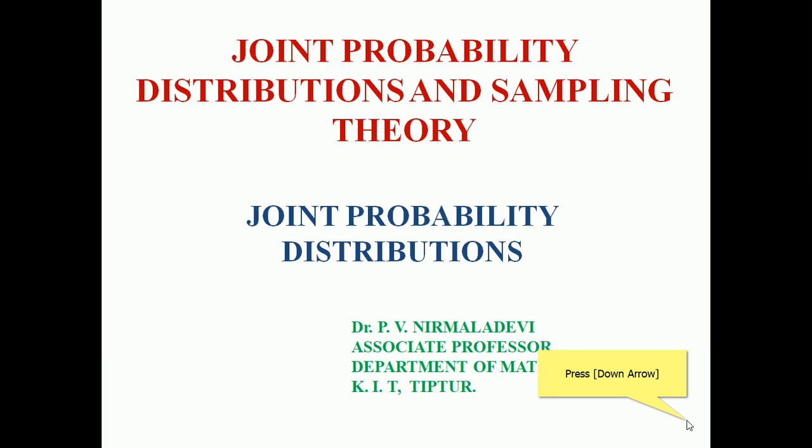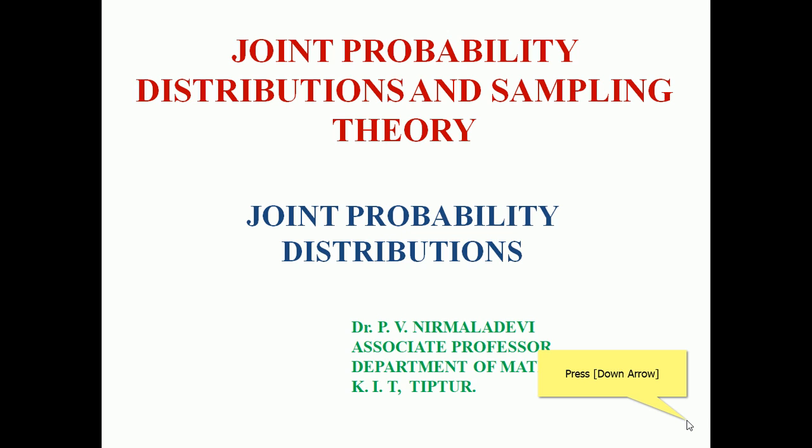As you all know, if x is a discrete random variable, meaning the range of the random variable is finite, that random variable is said to be a discrete random variable. For each value taken by the discrete random variable, we can assign a real number p of x such that p of x is greater than or equal to 0 and the summation of p of x is equal to 1. Then p of x is known as the probability mass function.